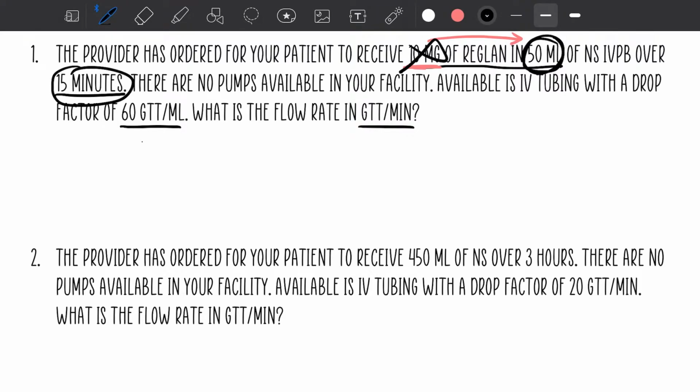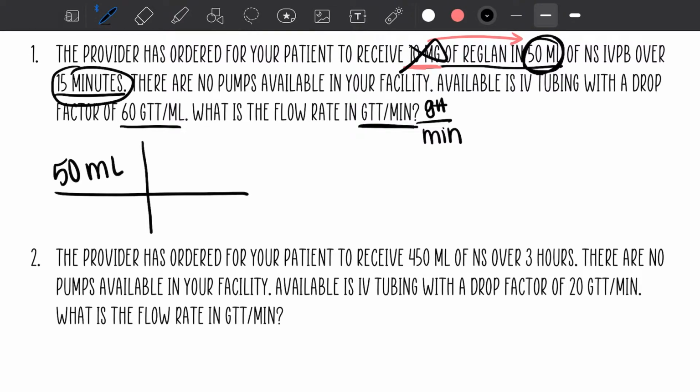So let's draw our dimensional analysis square. So what we have available here is going to be our 50 milliliters over 15 minutes. And remember, we're looking for an answer to be drops per minute. So think of this as I need drops on top and minutes on the bottom. So we're going to set our problem up. That's going to help us get that. So 50 milliliters